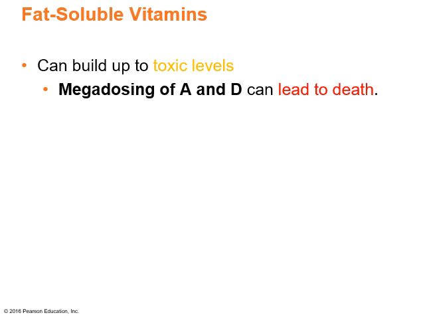Now, remember, with anything, there is such a thing as too much of a good thing, and with vitamins, that is certainly the case. If you take too much, especially of these fat-soluble vitamins, you run the risk of building up to a toxic level. So megadosing of A and D can lead to death. And how can you megadose on something? Well, usually that comes from using supplements. Typically, when eating food, there's not enough in food, or we can't eat enough food and fit it all inside of our bellies to get to toxic levels. But if you megadose, if you use supplements and don't really know what you're doing and are just taking tons and tons of things like vitamin A, vitamin D, that toxicity level can have ramifications all the way up to including death.